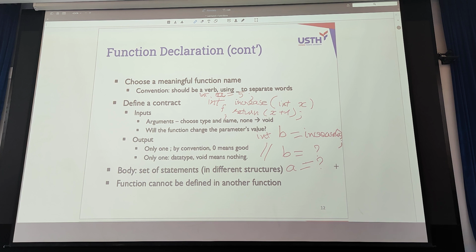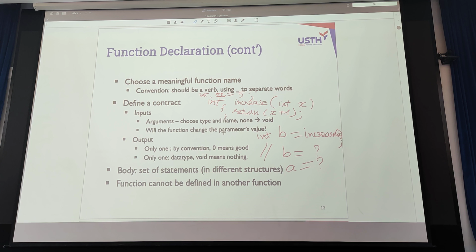You see, X is declared here inside the function. So the scope of X is inside the function only, and you cannot check or access X outside. That's good. And so you can answer the function doesn't change the parameter value in this case. However, in another case, if you call by pointer, it may change.